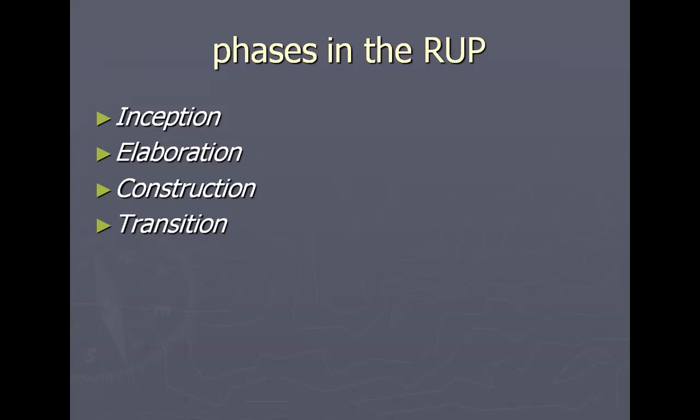In the elaboration phase, you have to specify the requirements in greater detail. Second, you have to validate the architecture. After that, evolve the project environment. After that, you have to staff the project teams. These are the activities you have to do in the elaboration phase. You have to specify the requirements, validate the architecture, evolve the project environment, and staff the project team.